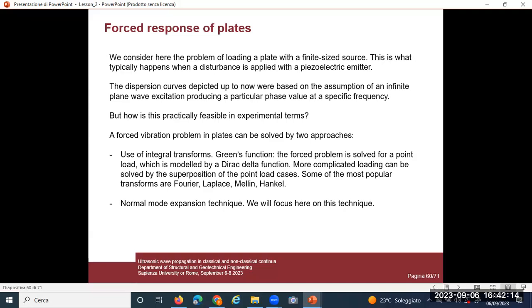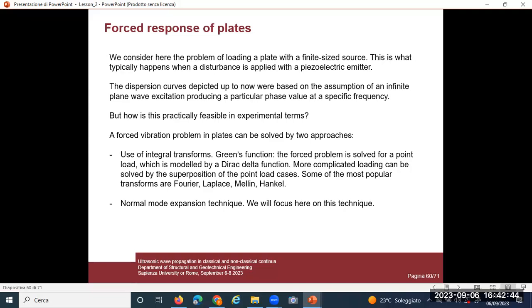But how can we actually see and observe those wave modes we've been talking about? We can find ways to excite a specific wave mode. And this is feasible, and you will see at the end of the lesson how this is possible by loading